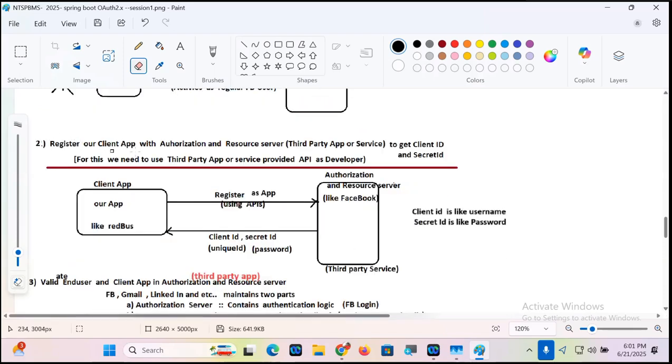register the client application with the authentication and resource server, the third party application or server, to get the client ID and secret ID. First one, you should have an account in Gmail and Facebook. Second one, you have to register your Myntra application, Spotify application with Facebook. Otherwise, whenever I try to log into Myntra and use the option to continue as Facebook,